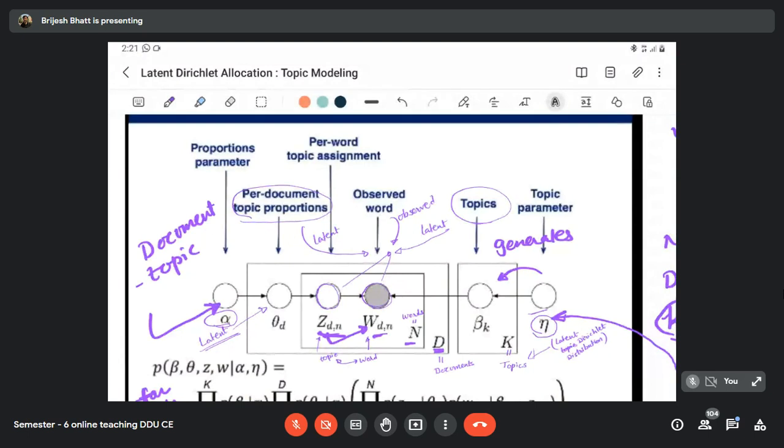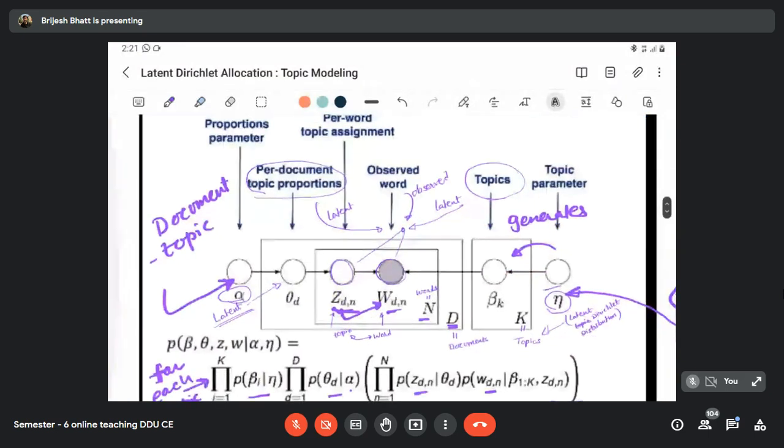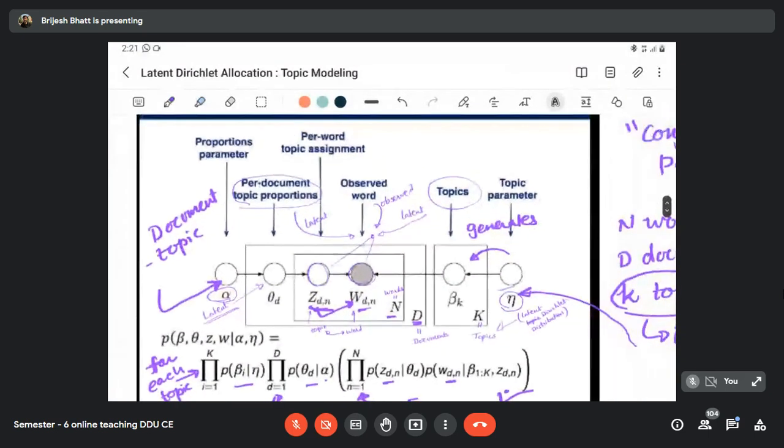Right? So this is the generative story. Now, how do we do this? All this formula is fine, but as I said, if you want to do it in a supervised way, then you need a collection of millions of documents where every word is marked with some topic, and then you count the probabilities, and then you can say that the algorithm is learned. But that is a very impractical thing to do.